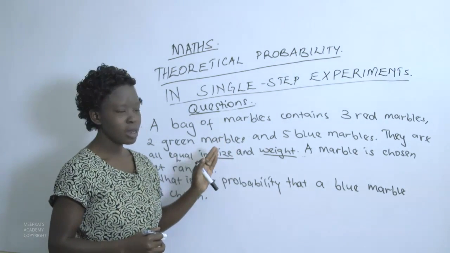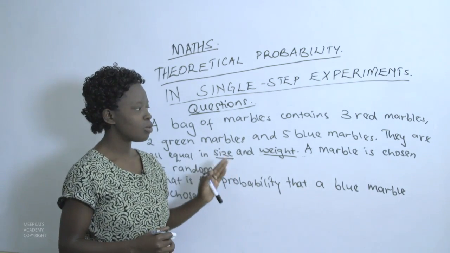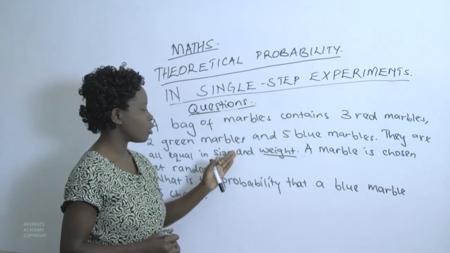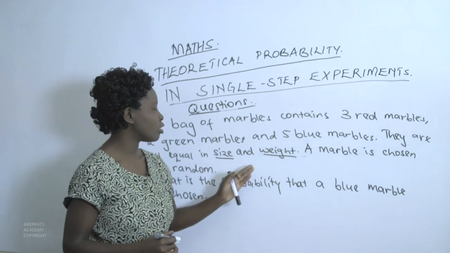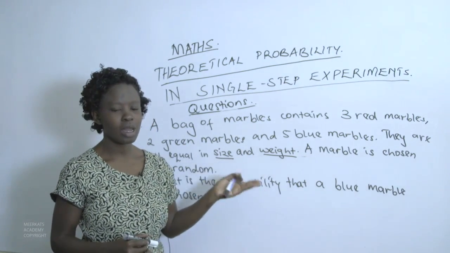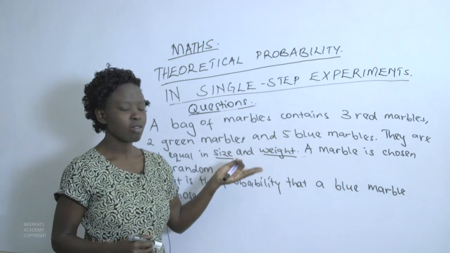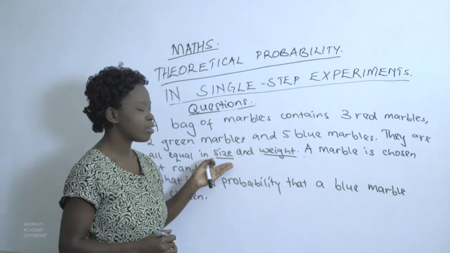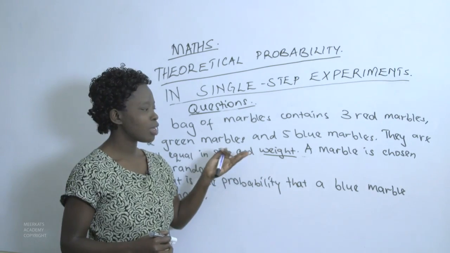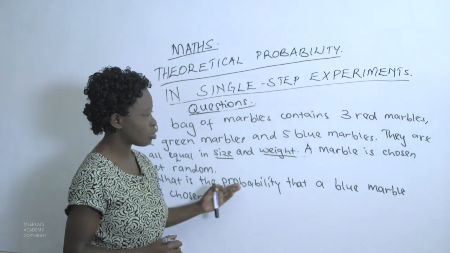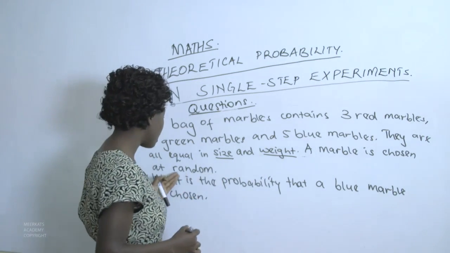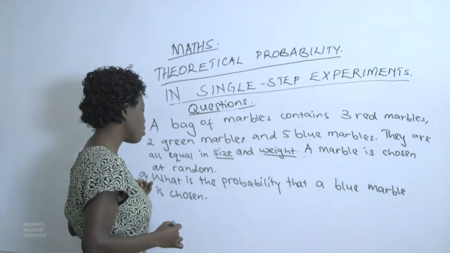So when you are picking, you can't really identify which one you are picking. But if the weight was different, then you would identify the marble from its weight. If the size was different, you would identify the marble from the size. So they are all equal in size and weight, so that they are all given equal opportunities of being chosen. So when a marble is chosen at random, part A,